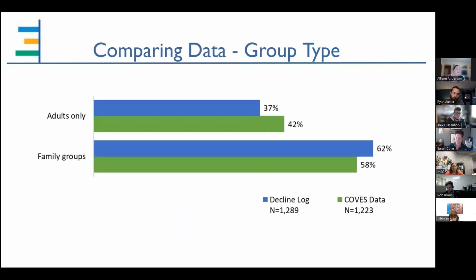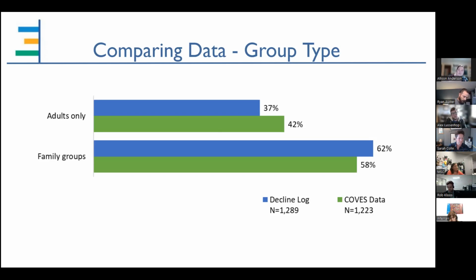And so again, for today's purposes, I did not do any statistical comparisons. We are just looking at descriptive data. You could do this with your raw data and pull from the raw data to do statistical comparisons, but I wouldn't recommend it with just the gross widgets. And so in this card, from the decline log, we had 1,289 responses, so groups that said no, versus the COVES data where we had 1,223 responses of groups that said